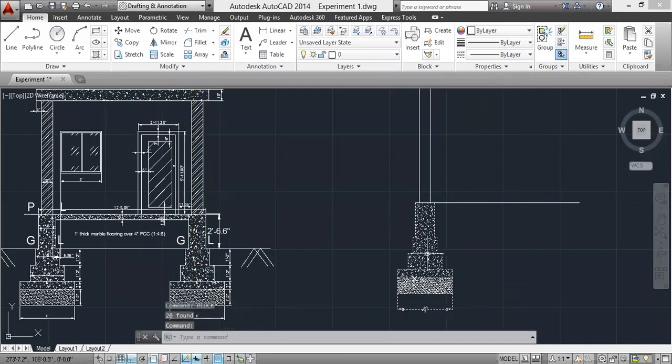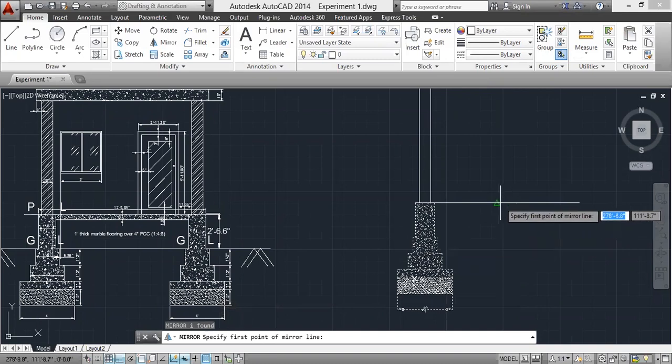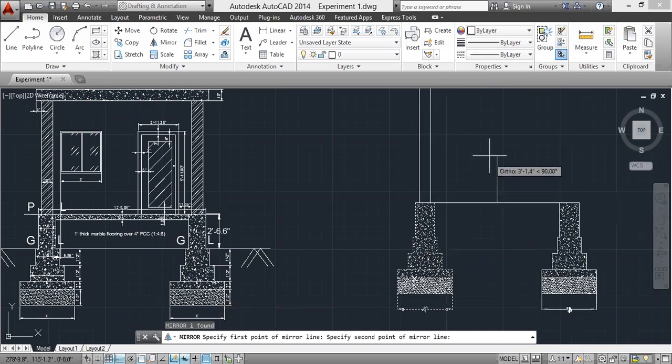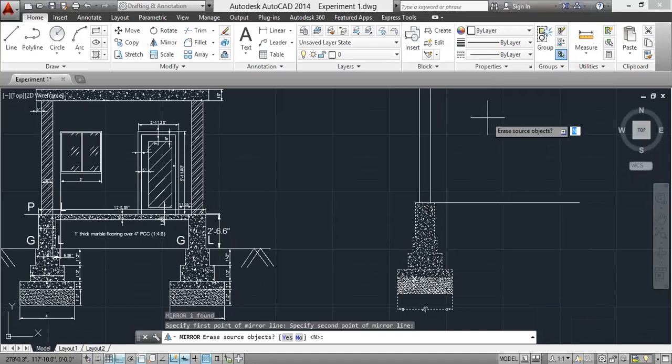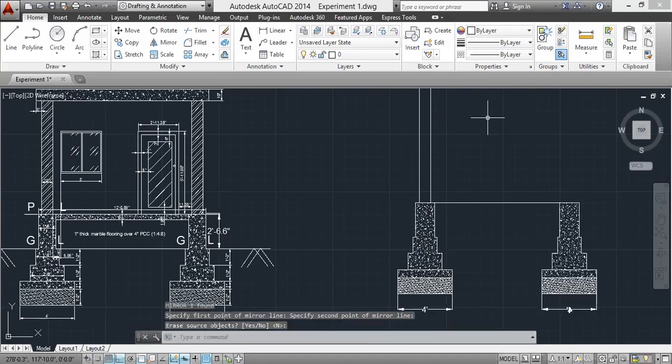Now select this, give mirror command, specify the point here, midpoint, click on above. Array source object should be no, N, enter. Okay.